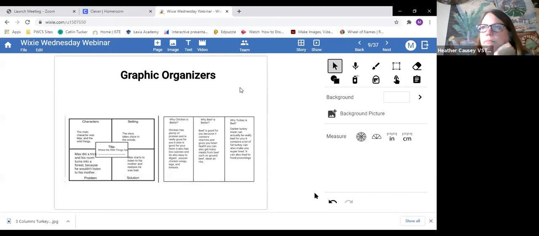So here are 2 examples. A 2nd grade teacher at my school gave this 4-square graphic organizer to her students based on the story Where the Wild Things Are, and she wanted them to simply describe the characters, setting, problem, and solution. So a level 4